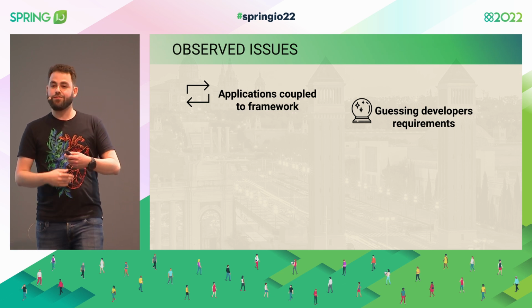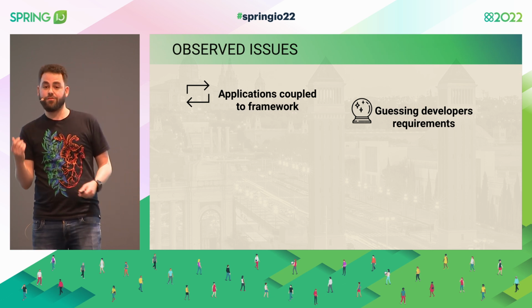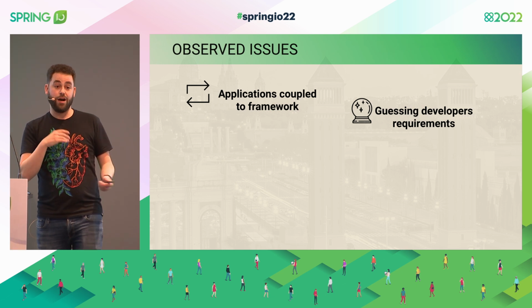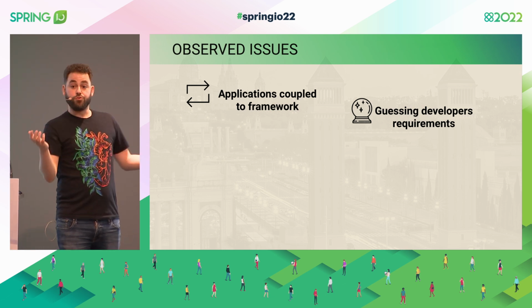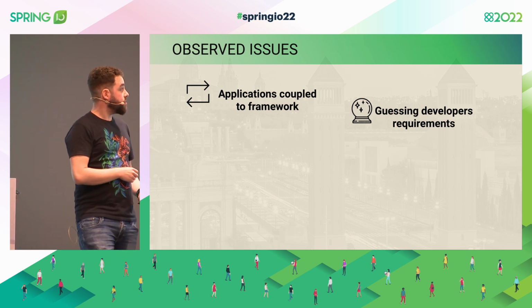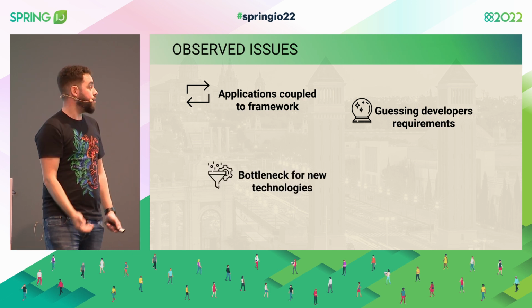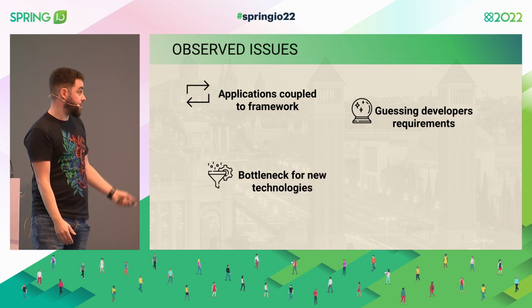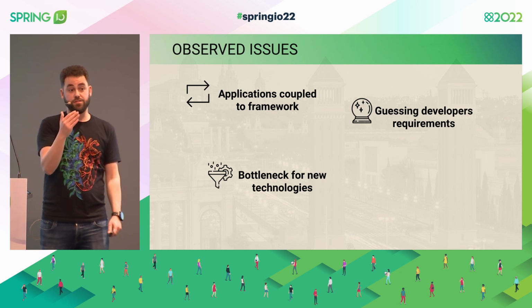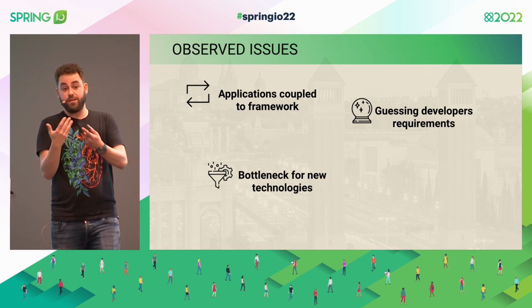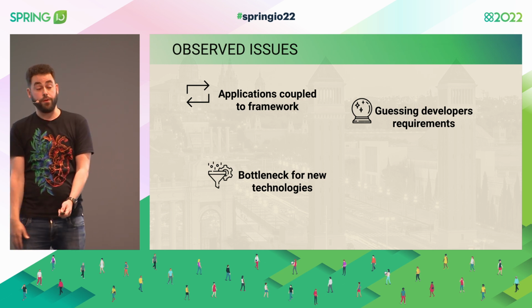OK, they're going to need to do post calls. And now what happens if I need a patch? What happens if I need a get with a body? I will have to either do a lot of things without knowing if applications are going to need them, or just do as we go. And when we do as we go, we are creating bottlenecks for applications. Now applications have to wait for the framework to support something in order to go to production to do what they are supposed to be doing.